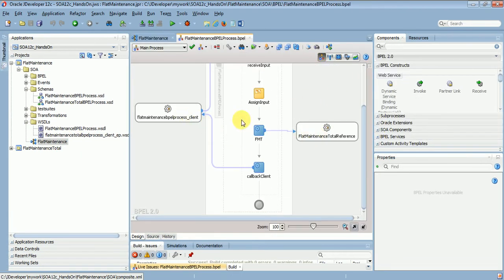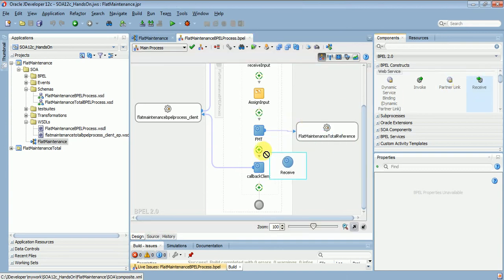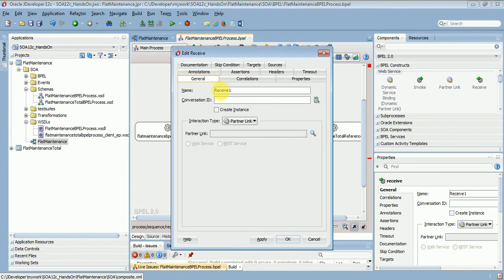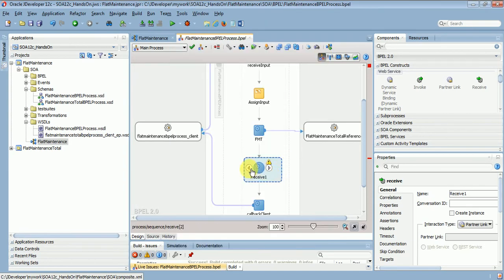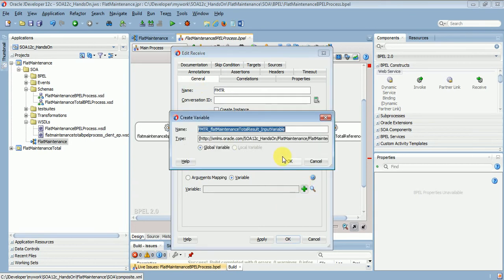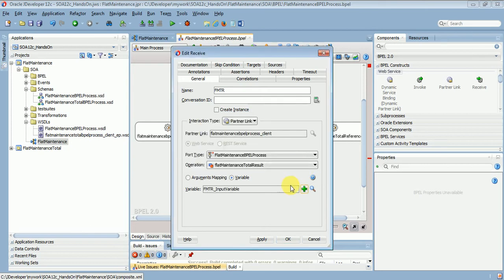So to receive the result we use receive activity, and connect the wire, flat maintenance result. It's like fmtr, create a variable like fmtr input variable. The total result comes to this variable. Okay, now